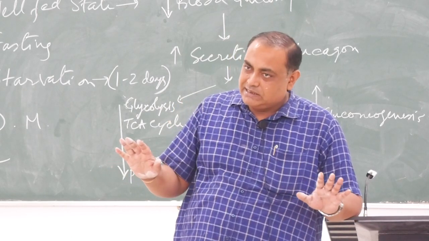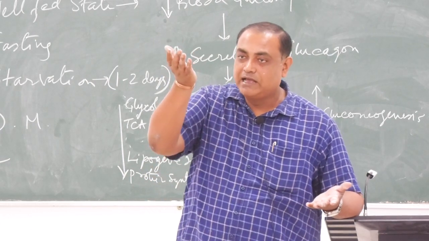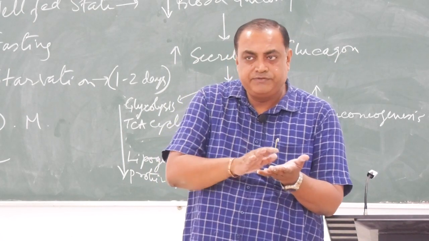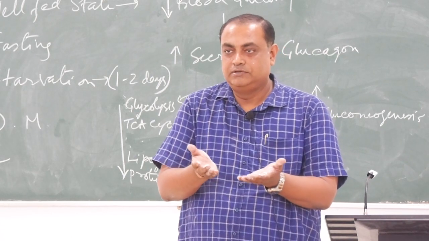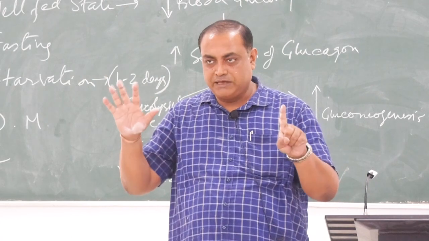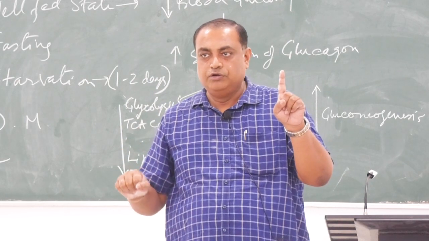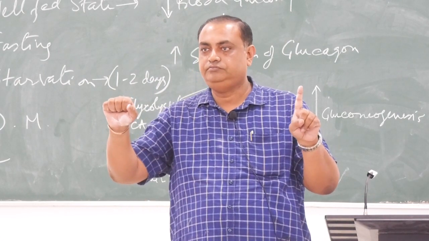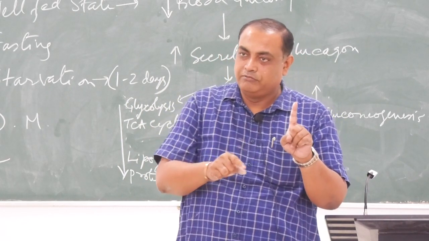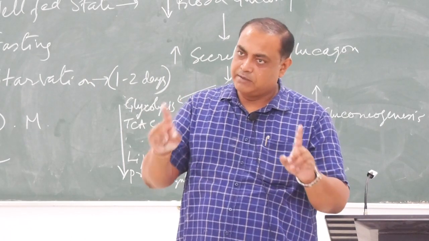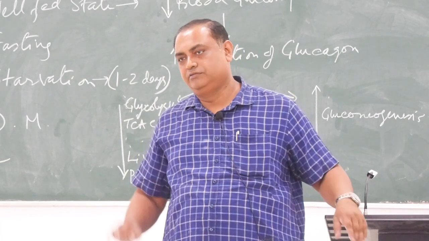So basal secretion is always there. But when, in response to the CNS, some secretion increases, the other secretion automatically decreases, or even if it is not decreased, our tissue will sense the respective ratio. Glucagon 5 times, insulin 1 time. Suppose insulin is 1, but glucagon has reduced to 0. So now insulin is 1, glucagon 0. The cell will sense insulin as the predominant hormone, whereas insulin secretion has remained the same. But the body will sense the ratio, the difference, that's all.